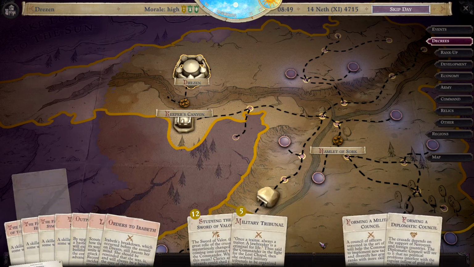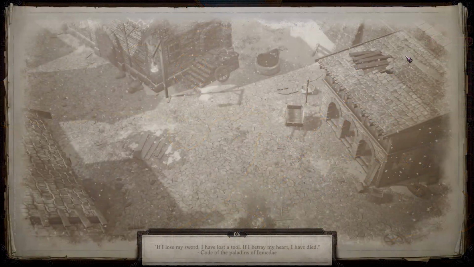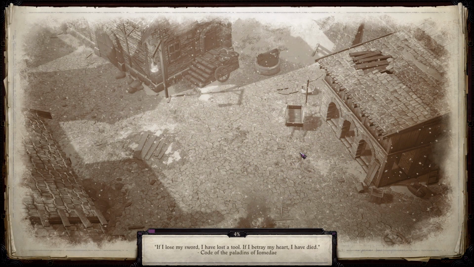Right, issue decree. Wonderful, so that's 5 days and 12 days. So that would seem like we are now ready from a crusade perspective to leave and go and do something else. What else, I'm not entirely sure, but it seems like it's the right time. Explore the map a little bit. Right, so